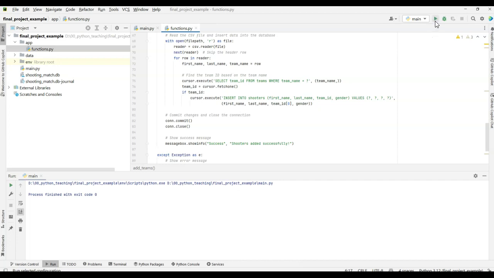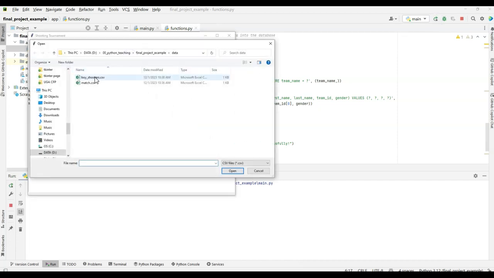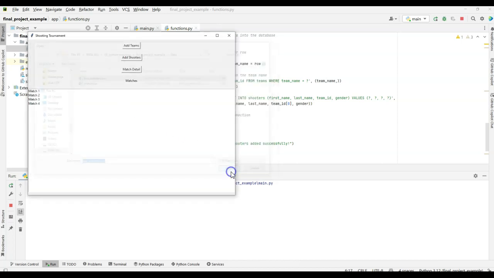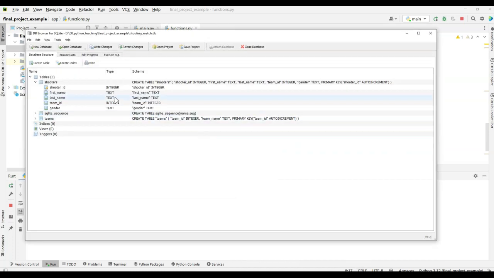All right, so I'm going to run my code, and I'm going to add a shooter. I'm going to say boy shooters, click open. It's going to pop up, and I'm just going to call it male, and click OK. An error occurred, database is locked. I'm going to click OK. And I think